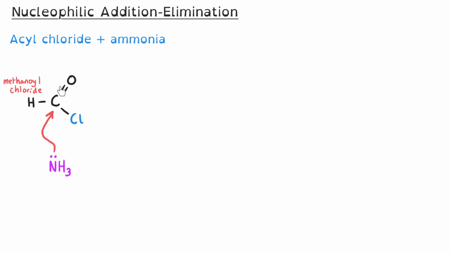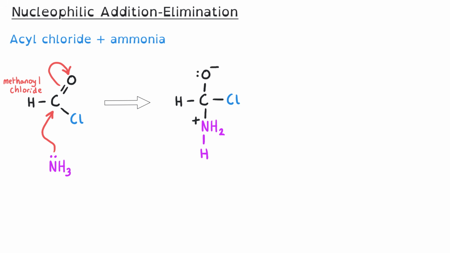And then the oxygen takes 2 of the 4 electrons from the double bond that it shared with that carbon atom, and this produces our intermediate, which has got the nucleophile now connected to the carbonyl carbon, and the nucleophile will be positively charged because it's used its lone pair to form a new bond. The oxygen that was part of the carbonyl group originally is now going to be negatively charged because it took 2 electrons out of that double bond, and it needs to be shown as a separate lone pair now on